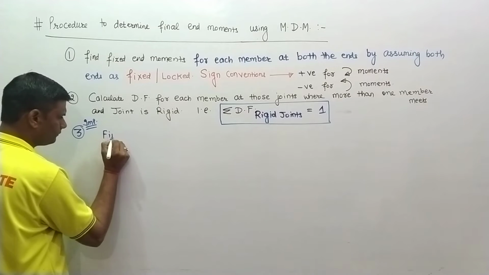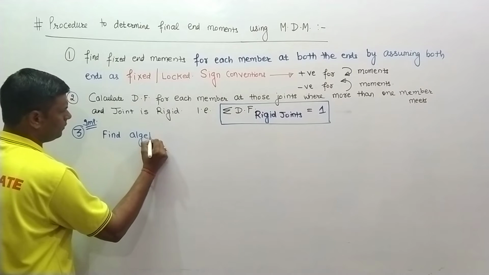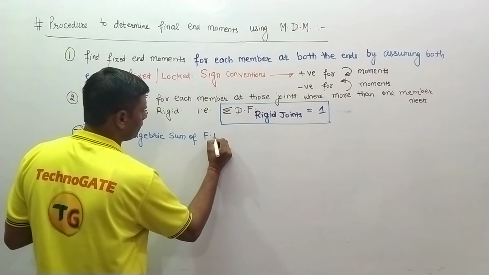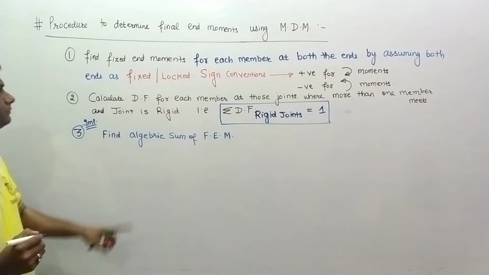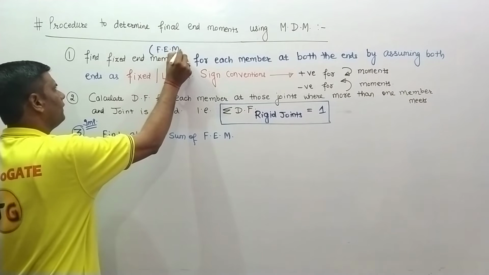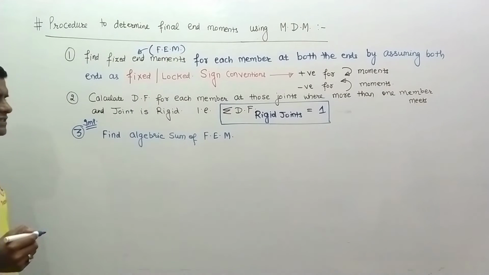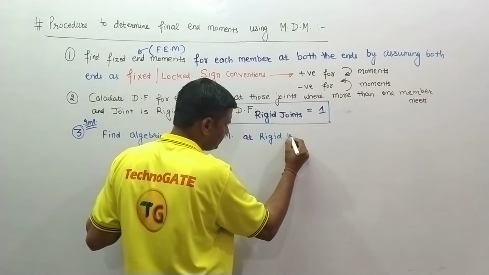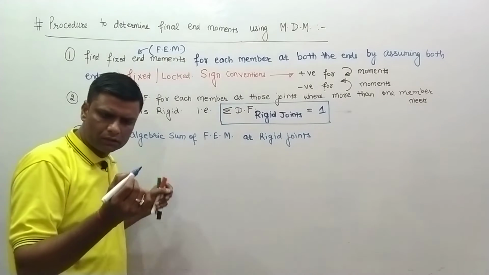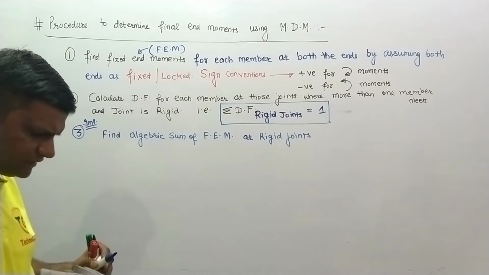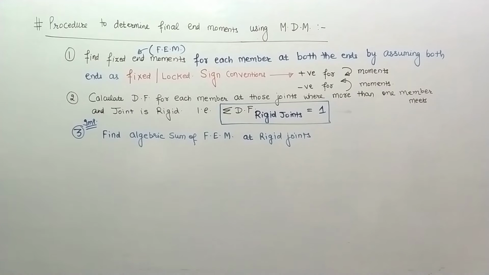So, find the algebraic sum of fixed end moments at rigid joints, and if the resultant is unbalanced, means if the summation of all the moments is not equal to 0,